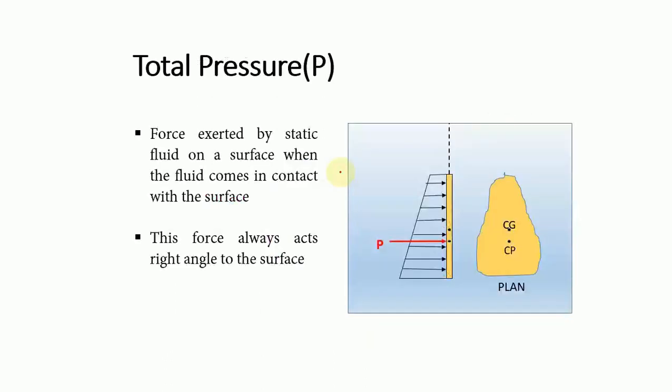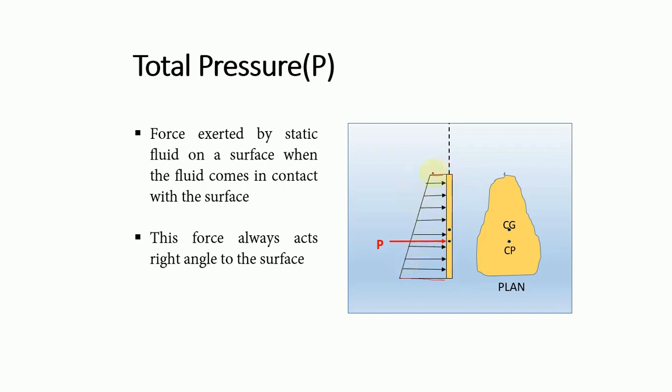Okay, next see the total pressure. Just now we saw that water will act with some pressure on the surfaces wherever it is in contact. The total pressure force which acts on the surface of the body we call the total pressure. Here a body is immersed vertically in a liquid, and you can see the pressure distribution: it is maximum at the bottom and minimum at the top of this object. So it is varying linearly.